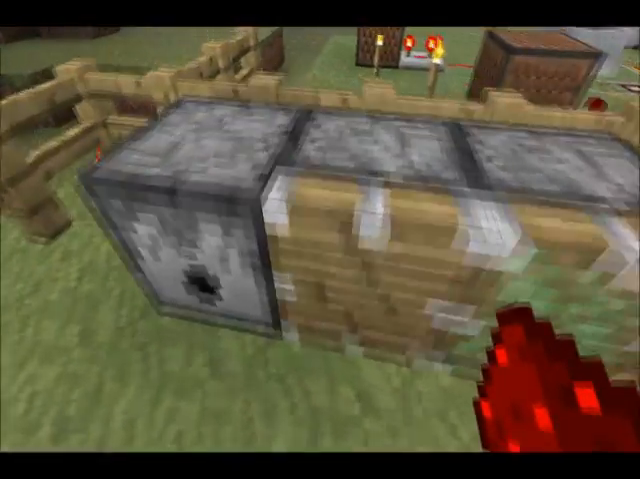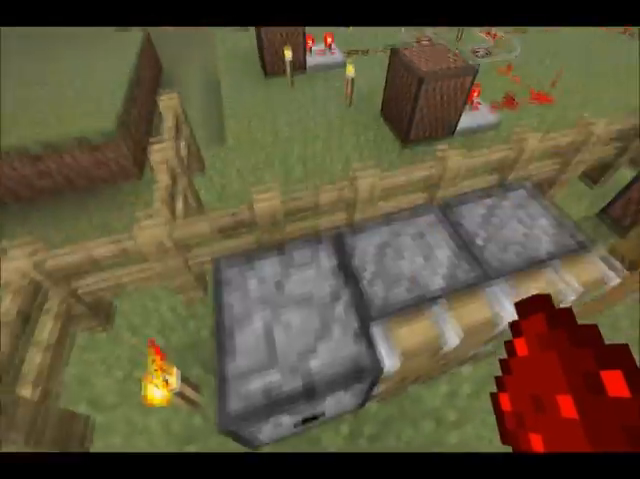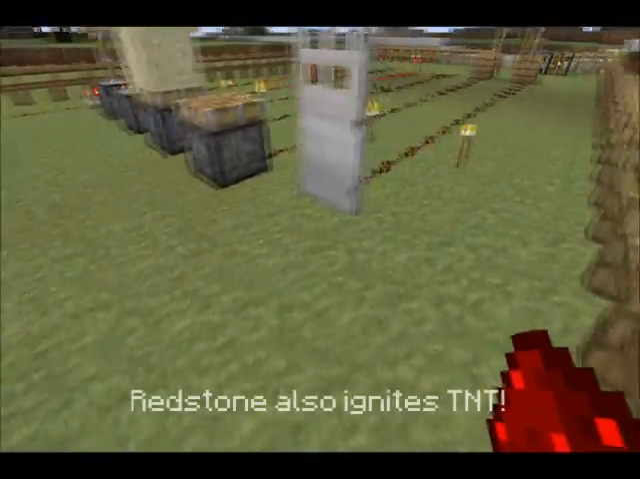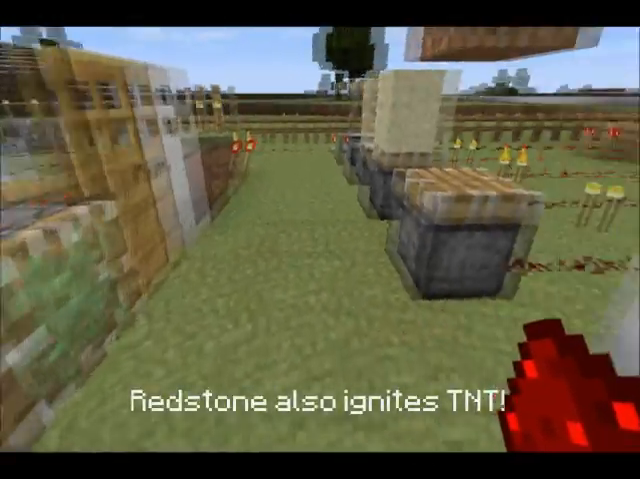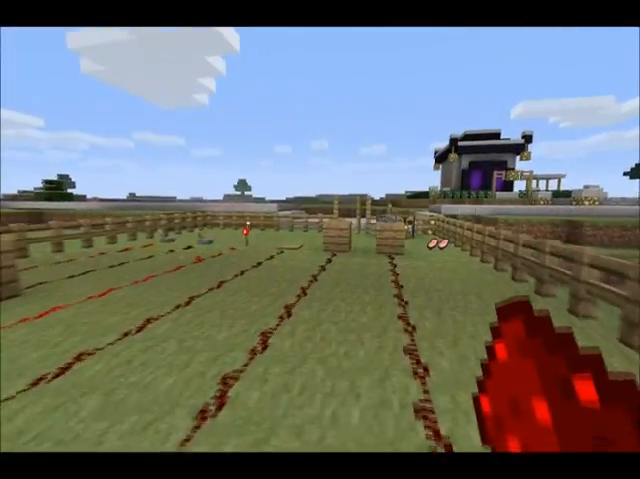Then again, sticky pistons will move a block back and forth, regular pistons will just push a block, and dispensers you can use to shoot arrows or dispense items out of. So that was our first basic